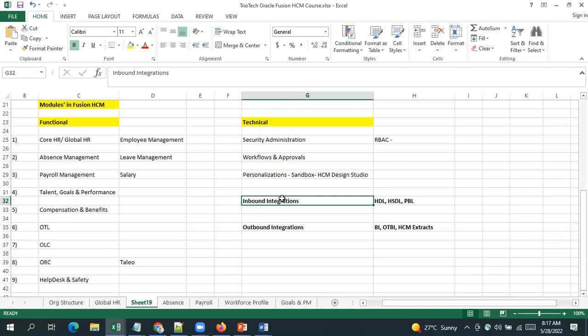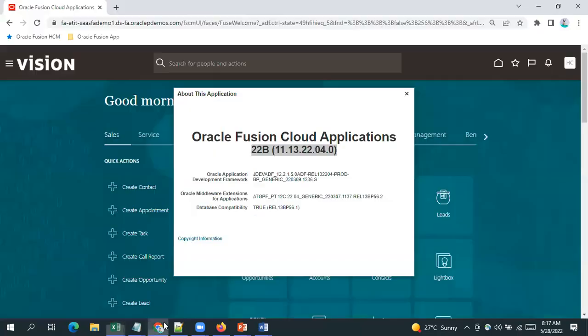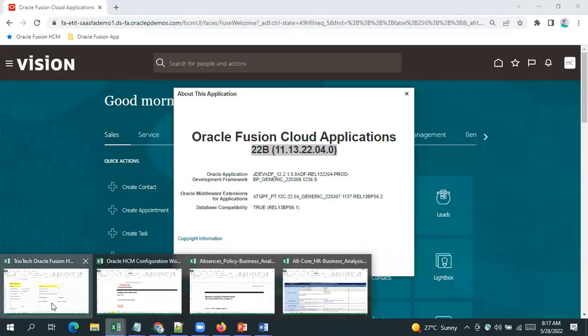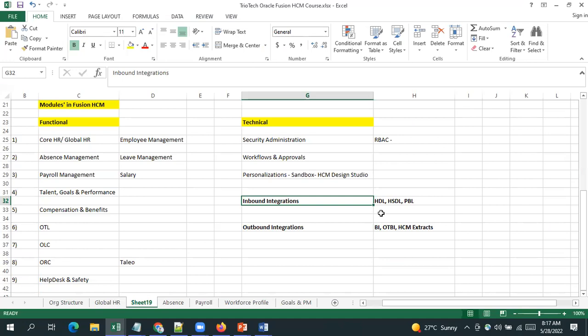How can I do that, team? 10,000 employees means manually I cannot hire one by one in the system, right? There should be some rapid data migration tools available in the system where I can migrate that legacy data into the Fusion application. For that, team, Oracle has given certain data migration tools, something called HDL, HCM Data Loader, HSDL, Human